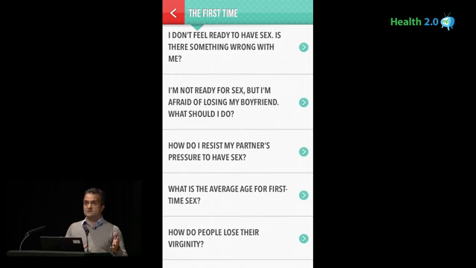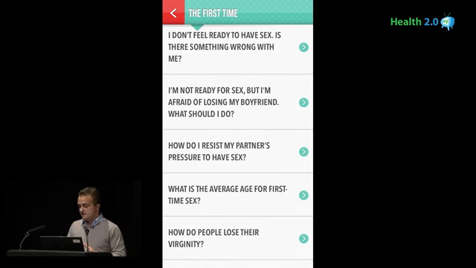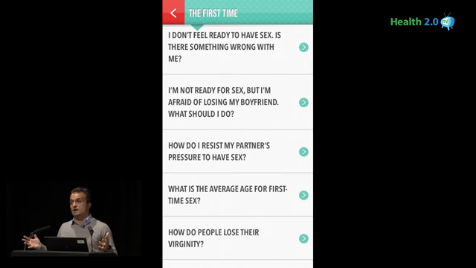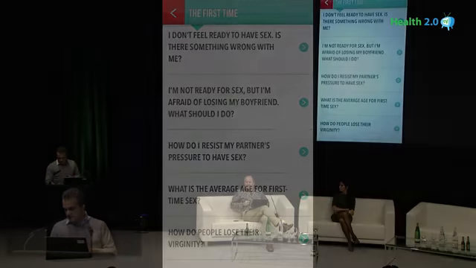Can I get a sexually transmitted disease the first time? And you won't believe how many people think that the first time you have, like, a free pass. Or, why must I use a condom the first time I have sex? So again, you access the app to find a certain type of information, but you also get exposed to other things that hopefully give you food for thought and broaden your horizon on this topic.